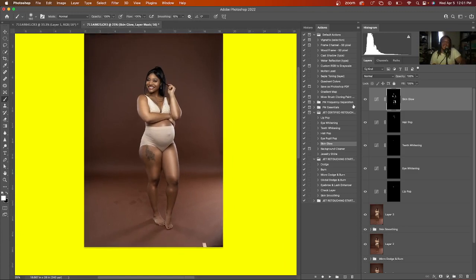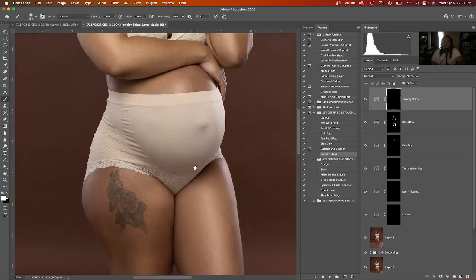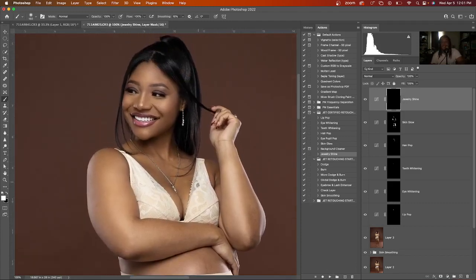So as you see, I could keep it like this if I wanted to. That makes her skin glow tremendously, but I'm going to bring it down to about, let's go 65. 65 is great. And then we're going to run that jewelry shine. Just got to make the jewelry bling, bling, bling, baby. So let's go ahead and hit her